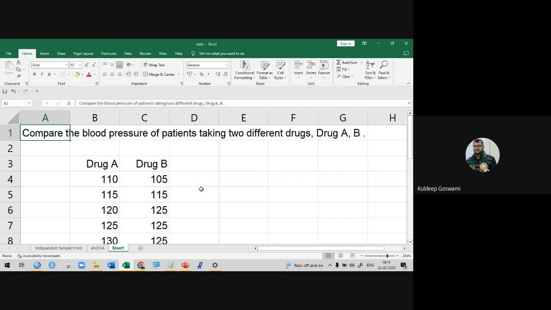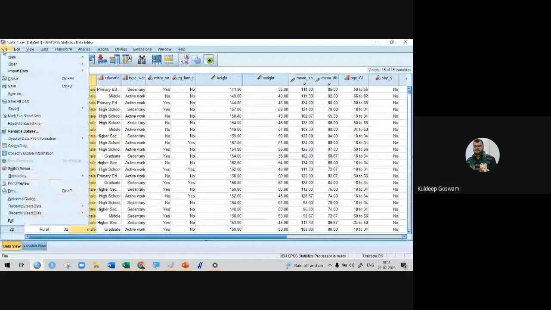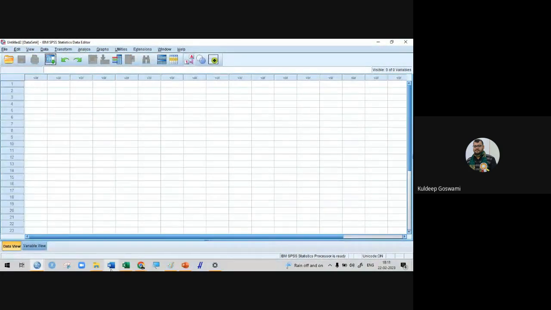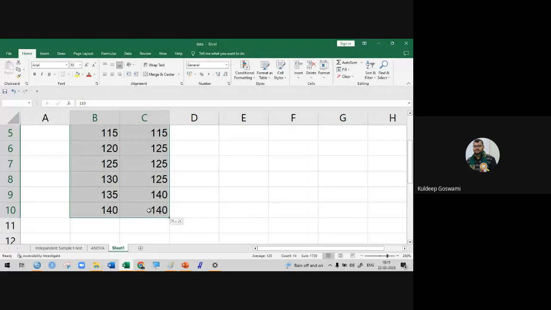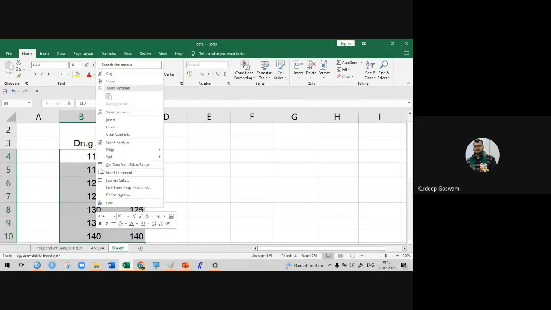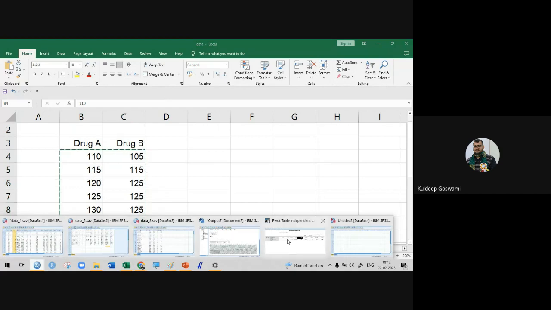There are two, drug A and drug B. You have to say whether mean systolic blood pressure after getting drug A is equal to mean systolic blood pressure after getting drug B. You have to check with the help of the independent sample t-test. See, I will show you. If I copy these things and directly put them in the SPSS page